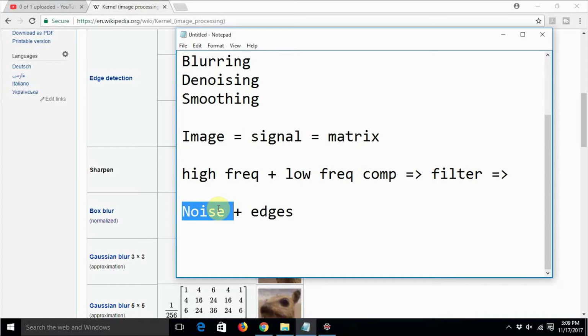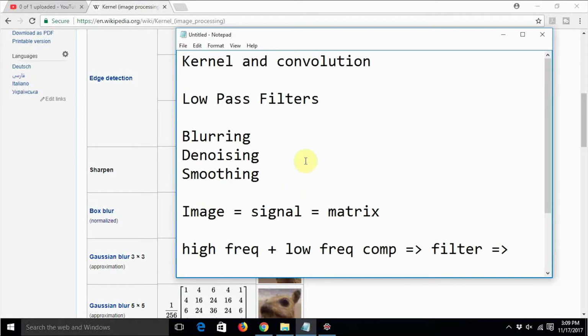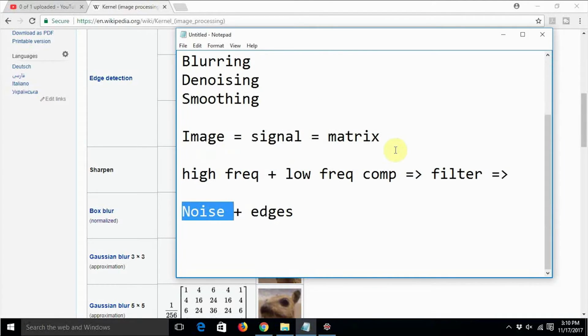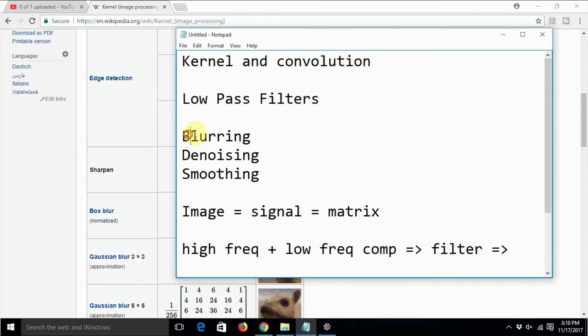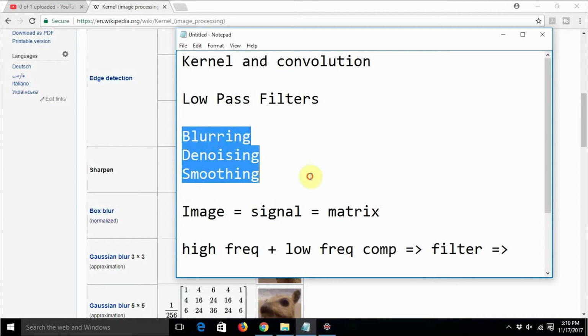The filter, either software filter or a hardware chip, which filters this image and blocks all the high frequency component in the output, and gives us an output image with a very low frequency component, is known as low pass filter. This low pass filter is capable of blurring an image, denoising an image, as well as smoothing an image. All these three operations can be performed by low pass filters.